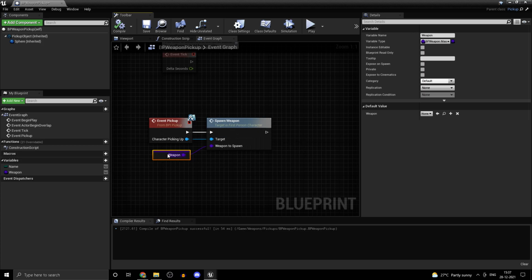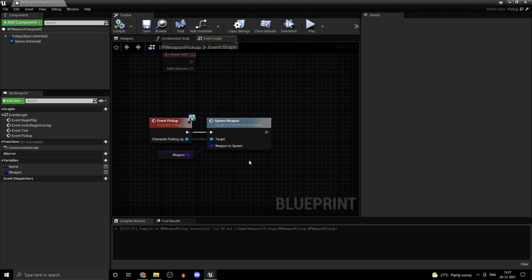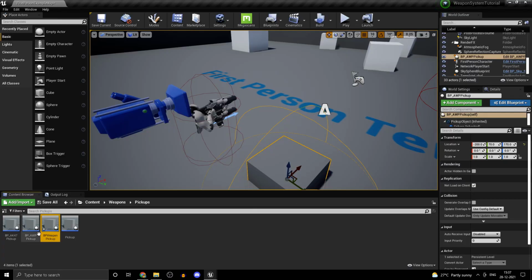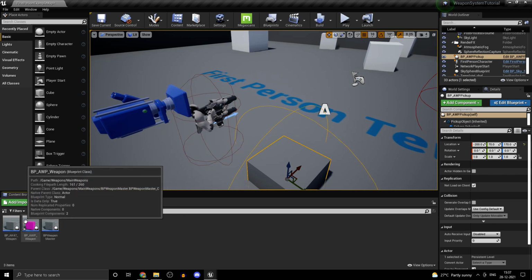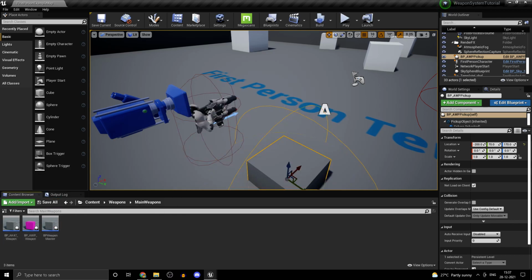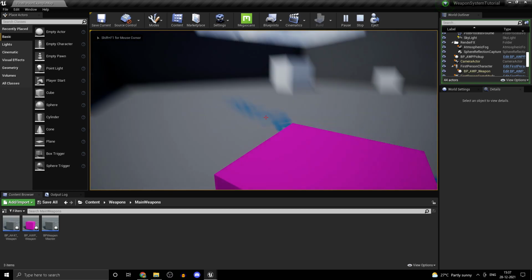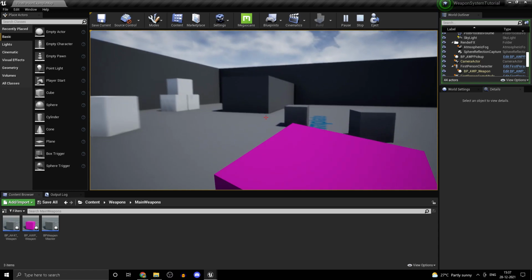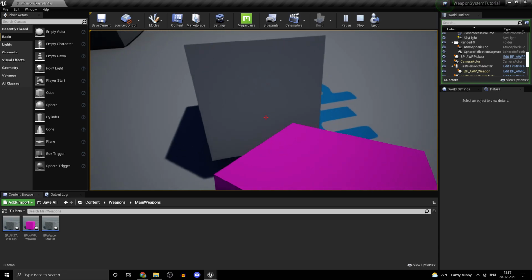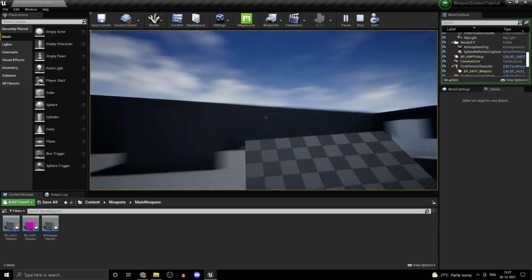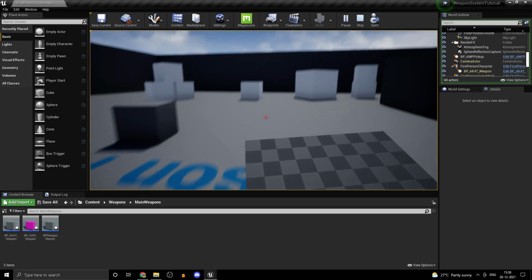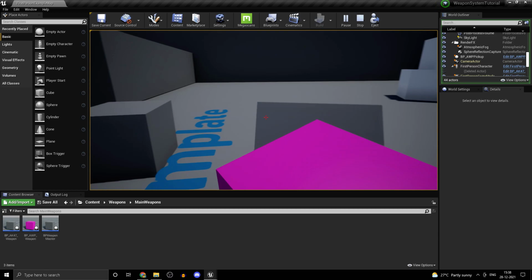Now what we have done is we have generalized this so that if we create any new weapons, all you need to do is just copy one of the child classes of the weapon pickups, as well as copy one of the child classes of the main weapons, and you can just change the variables. So this system is pretty flexible, I would say. Now press F, and as you can see, we got our op. And if you just click on this, as you can see, our op is destroyed and we have our new weapon. And just pick this up again.